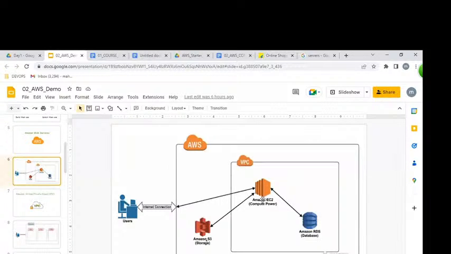By using VPC, we can create any number of networks. For example, the first network is for you, the second network is for me, the third network is for my friend. N number of networks we can create. There is no limit.